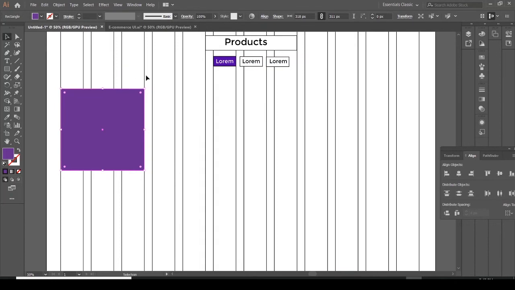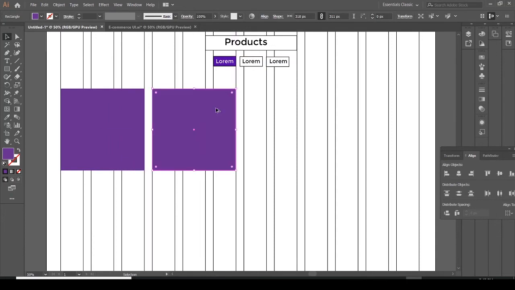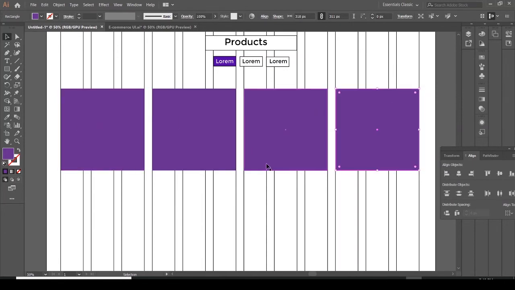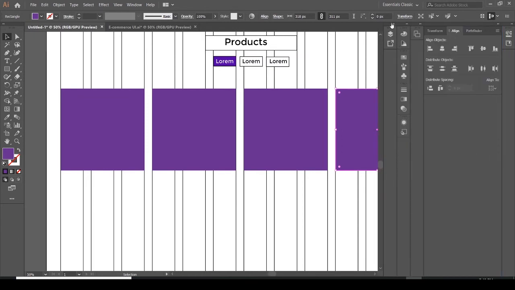So 1, 2, 3, and there are 4 categories in each line. So we can use this. I think I just have to be here, and then this should be here. So the 4 product sections are ready, and